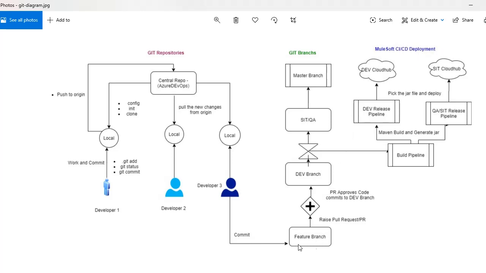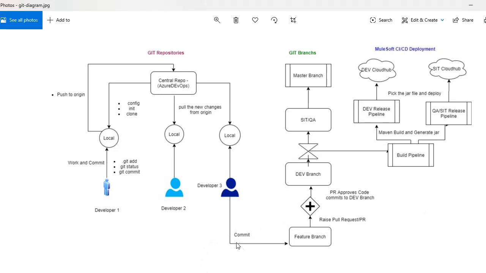What it means is the code is continuously developed and committed to this branch, and whenever new code comes into this branch, it will generate the jar file. Then it will automatically deploy the updated code to the CloudHub environment. This is called continuous integration and continuous deployment.